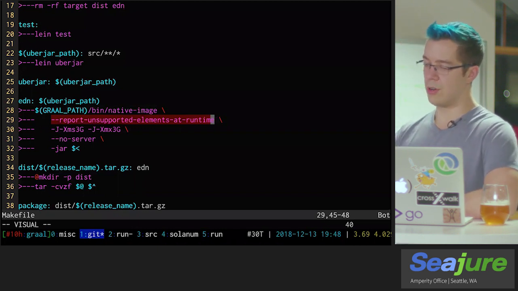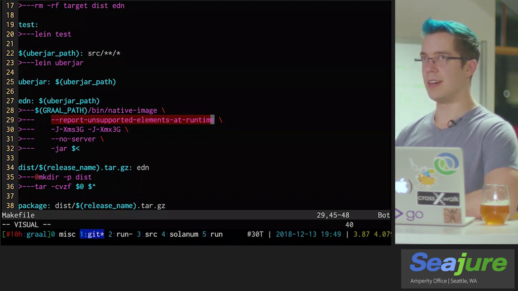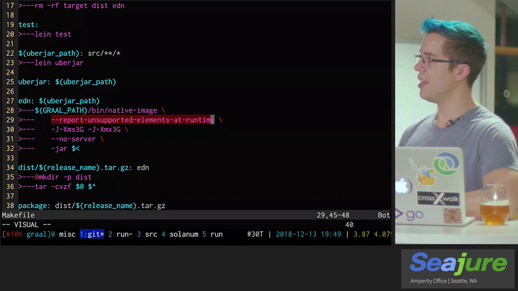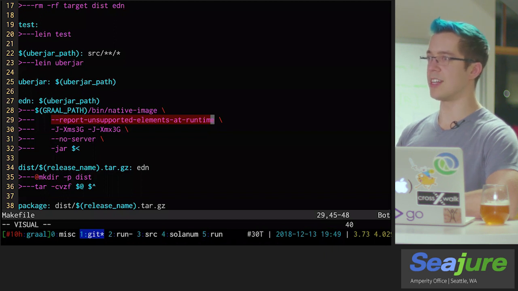Because of the goal to provide a universal substrate, the set of things you can do in a Graal native image is not the full set of things that you can do inside a JVM. In particular, one that hits Clojure pretty hard is you cannot compile new bytecode. That basically removes all uses of eval.